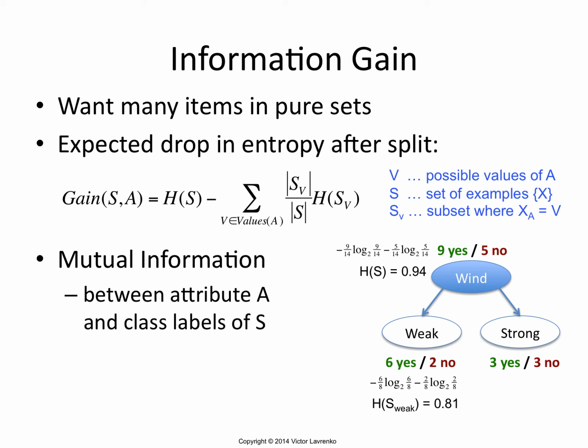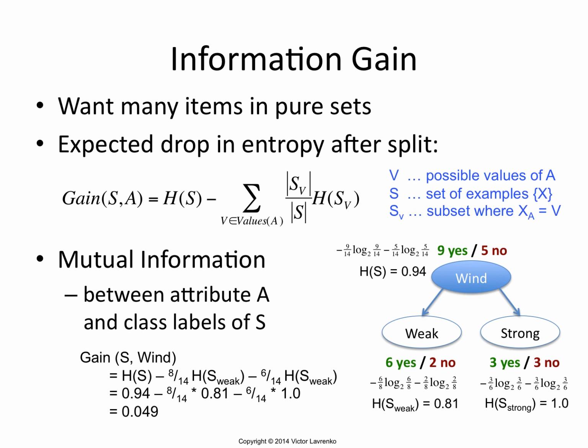And then for the second one, we already know what the entropy is, right? It's got to be 1 because it's a 50-50 subset. So the entropy there is 1. So we have 3 entropies: the entropy before the split, and the entropy of the 2 subsets after we split on the wind attribute. And then we put them all together into the